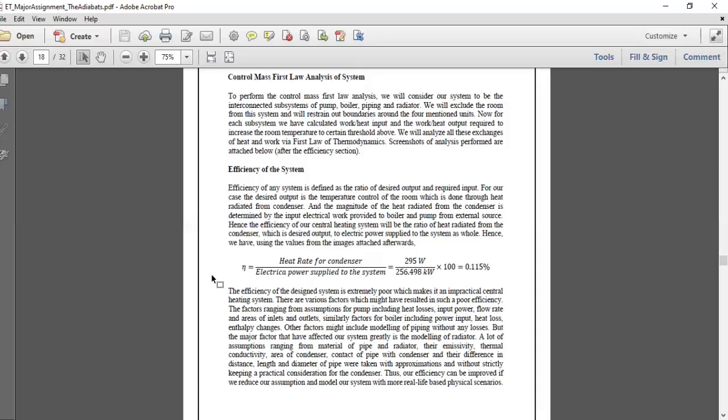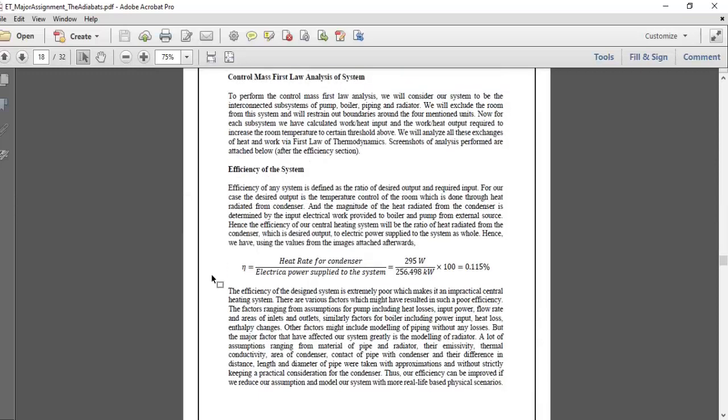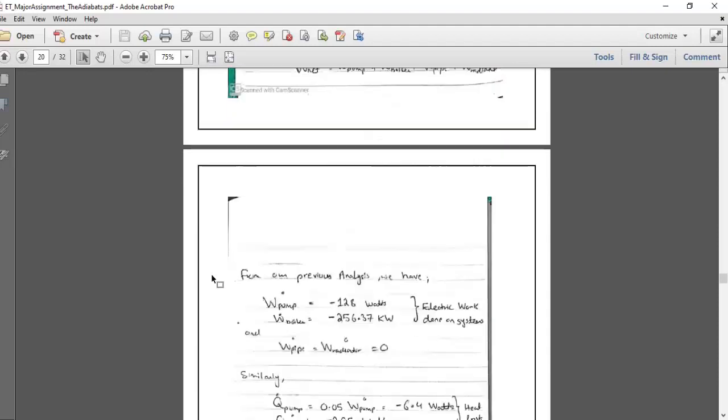But for now, we need to proceed with this to further perform closed mass analysis of our complete system to determine the total change in the internal energy of the system. So to brief, we considered the network and the net heat rate for subsystems and used the first law to calculate the net rate of internal energy of the system, which turned out to be 551.196 kilowatt. So now moving on to the graphical analysis.